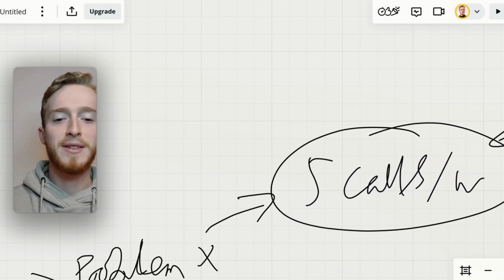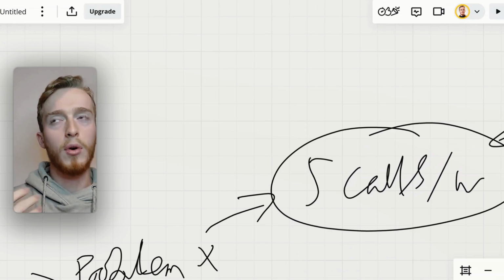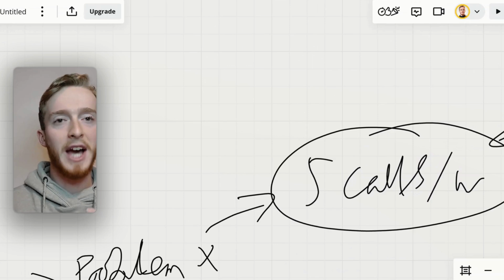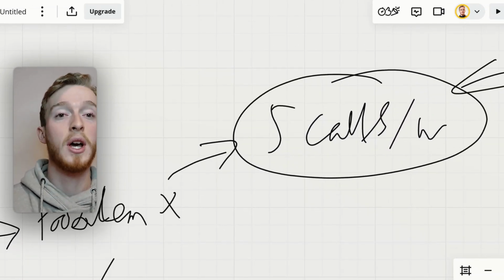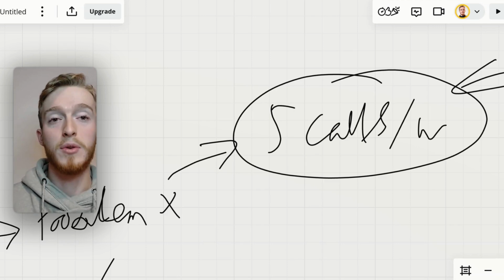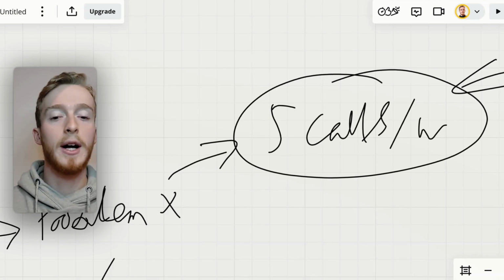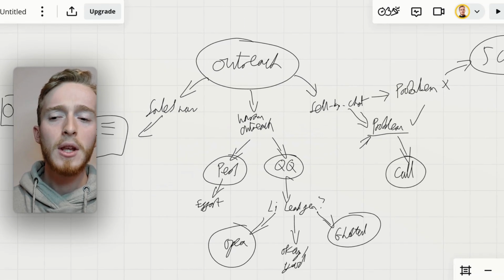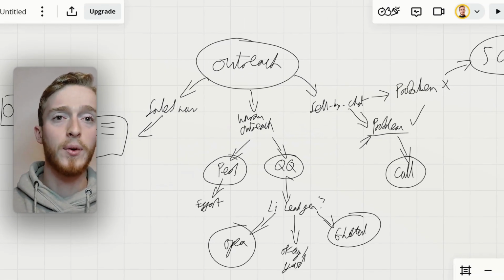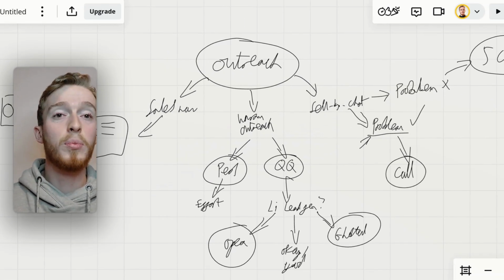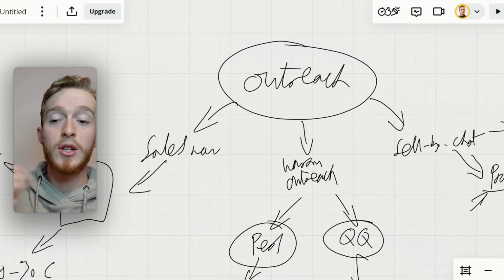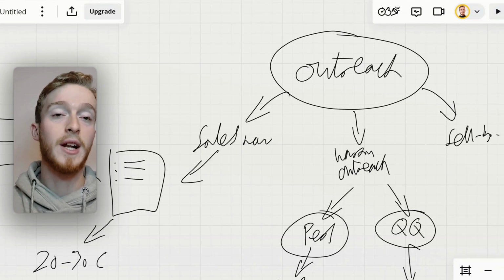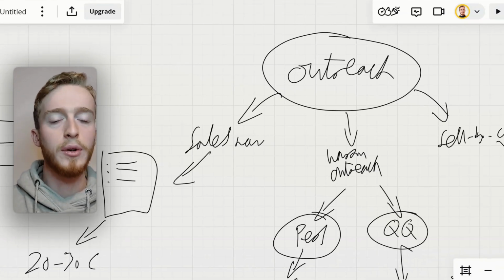Now, obviously, that said, the more you push in a conversation, the more likely you are to get a more negative response. However, you're also more likely to actually see if the prospect does or doesn't have the problem you can solve. So it's a bit of a double-edged sword, I would say. But overall, this is pretty much the process for getting more predictable leads through LinkedIn. Because I think outreach is really the best way you can do that. Because assuming that you have your profile set up correctly, and you've at least got some content going out there to show that you do know what you're talking about,